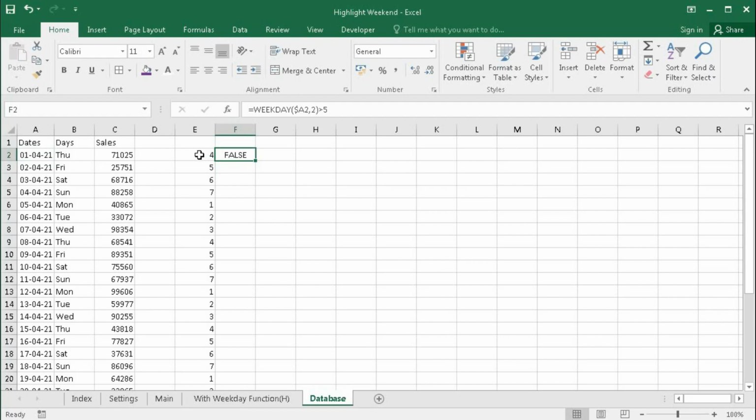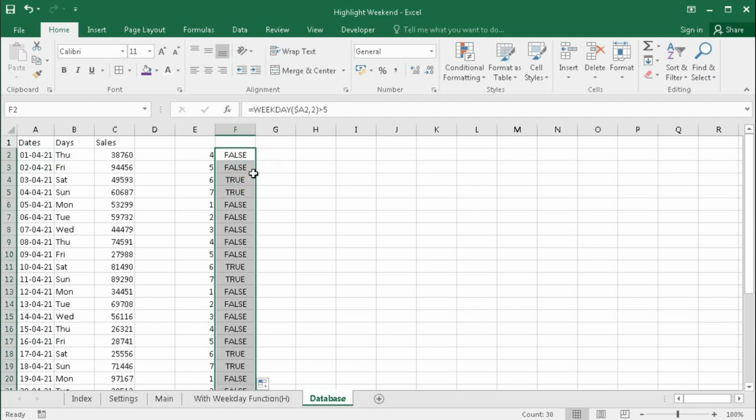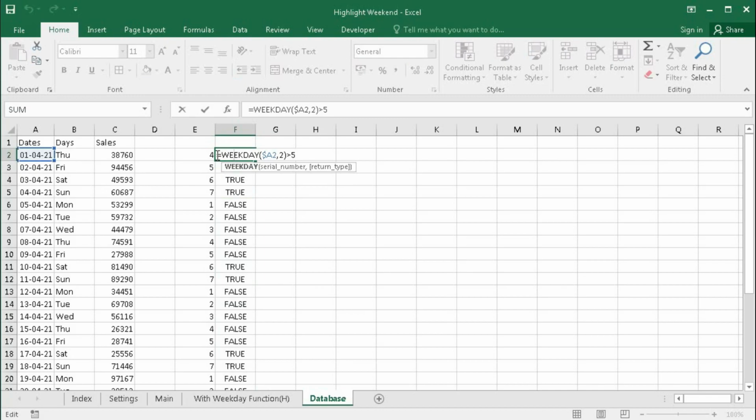So it is not greater than 5, so it is giving false. If I drag till the end, we can see only 6 and 7 are giving true result and the rest are giving false. So this formula can be used to highlight these cells.